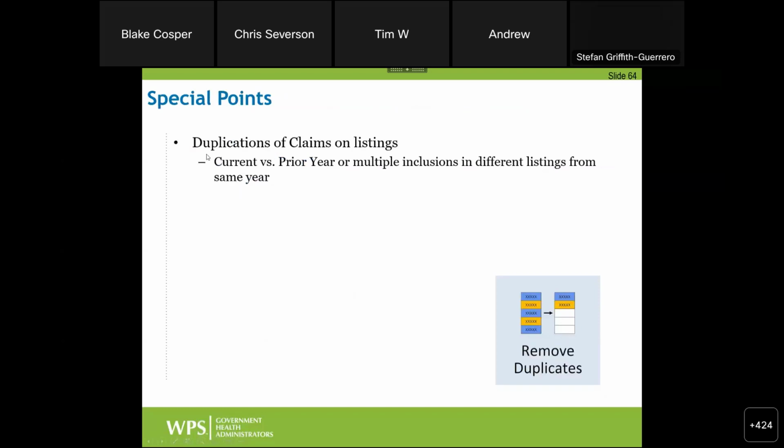And let's see, duplication of claims on listings. So I mentioned earlier that one of our audit steps is that we have to look for duplicates. That same patient and identification number, we look to see if it existed in another claim, another listing. It could be the same year, just two different listings, or even the same listing, two different lines, or it might be current versus some prior year. Now, we look for those and we determine if they're